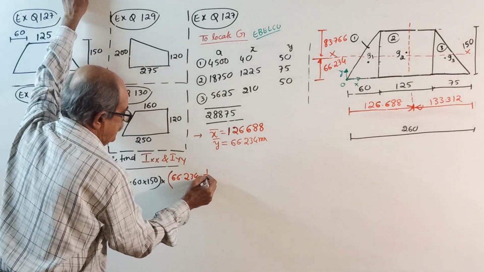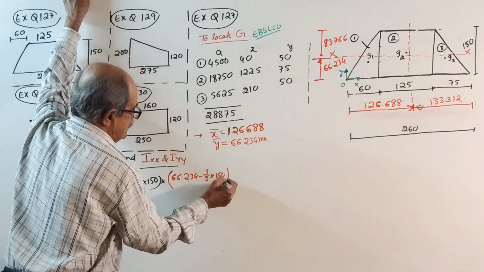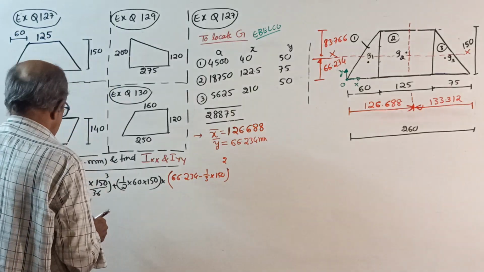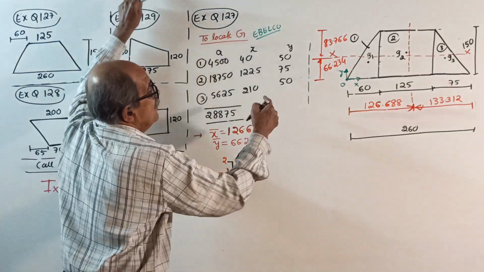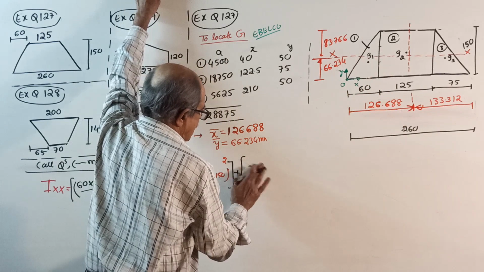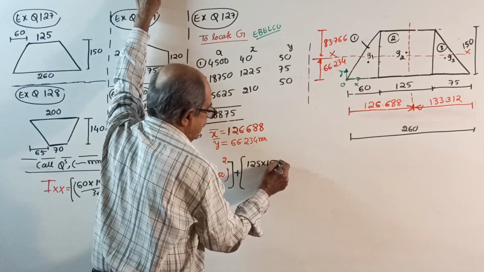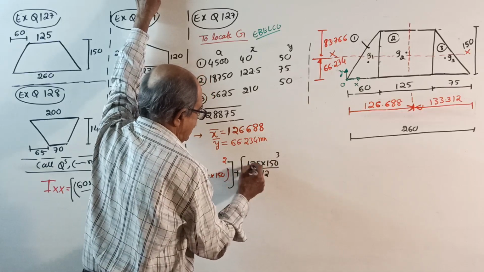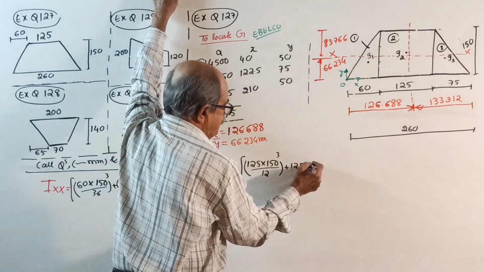66.234 minus 1 by 3 of 150 whole square. This is Ig for the first one, plus the second one: 125 into 150 cube by 12. I arrange the board so that I can fluently write 125 into 150 cube divided by 12 Ig, plus 125 into 150 is the area,